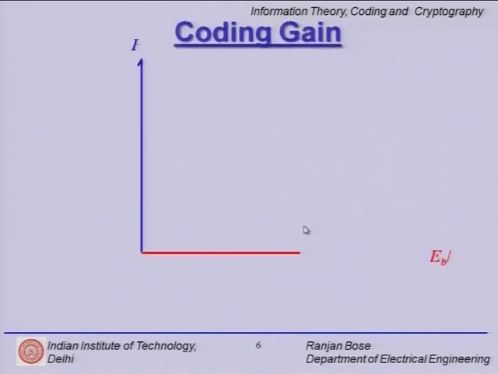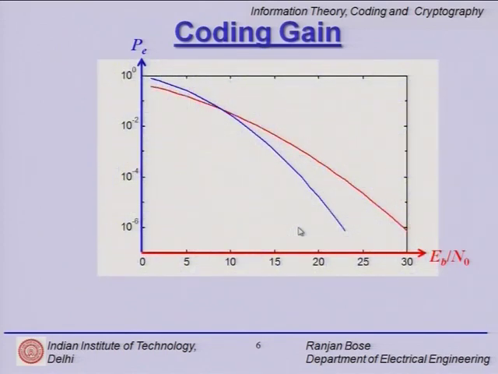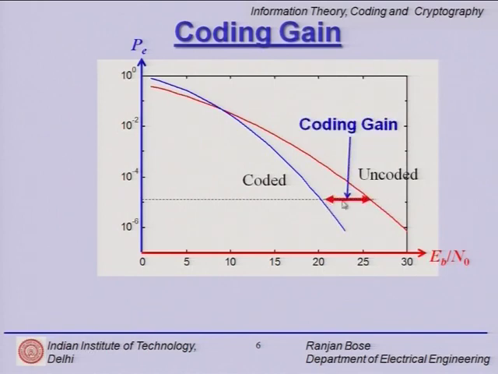We also found out what we mean by the term coding gain. It helps us compare two systems. So, if you have, for example, a coded and an uncoded system, and on the y axis we have the probability of error, on the x axis we have Eb over N naught, which is a measure of the signal to noise ratio in dB. For a certain probability of error, say in this case approximately 10 raised to the minus 5, we can say that the coding gain is this decrease in Eb over N naught. That is, what is the reduced SNR required to give you the same performance in terms of the bit error rate.